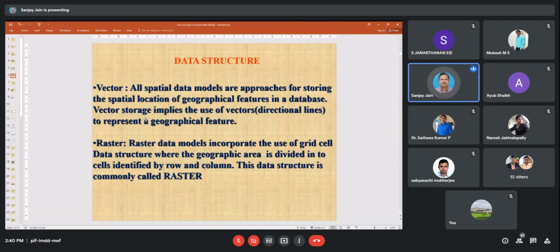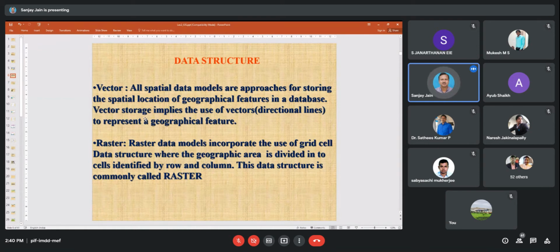Now before proceeding further, we can see the two structures which we can handle in a GIS. There are two structures, one is vector, another is raster. Vector is nothing but our spatial data model approach for storing the spatial location of geographical features in a database. So vector storage implies the use of vectors, directional lines, to represent a geographical feature.